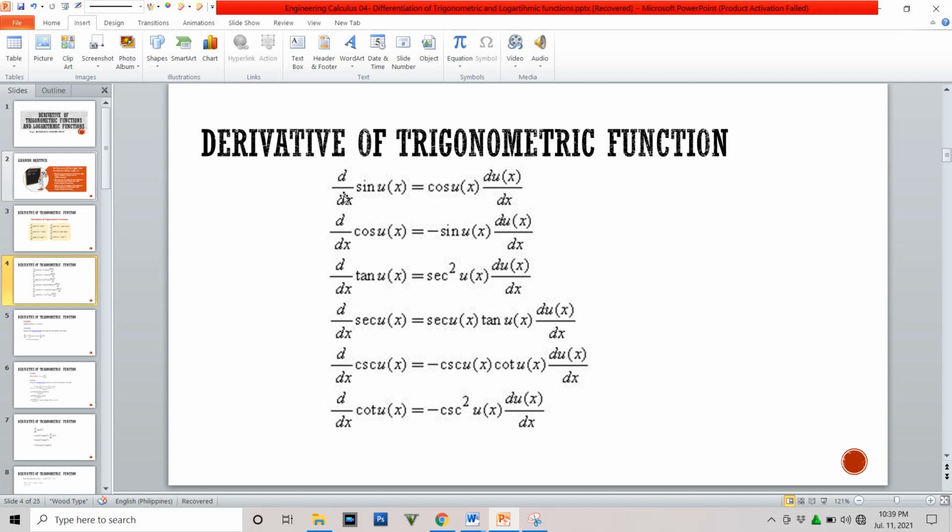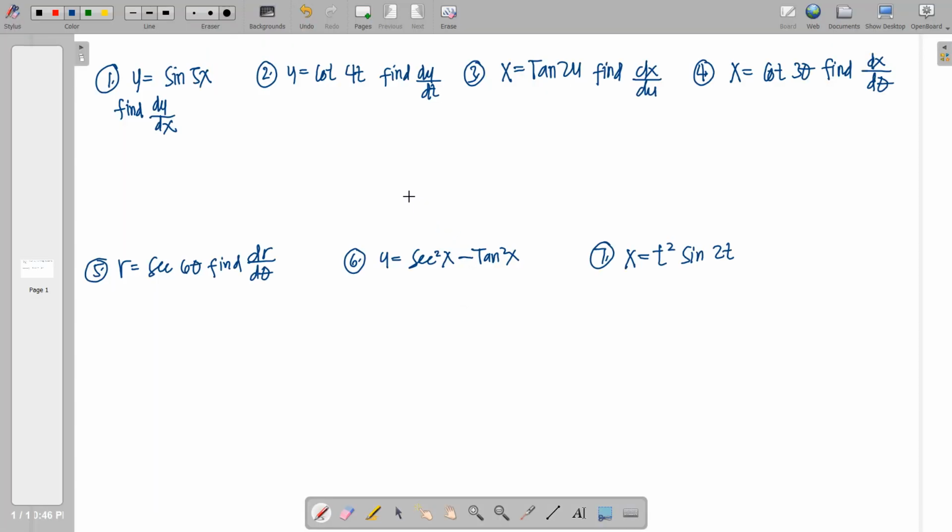So with that, without much ado, let us have examples. Okay, so here are some set of examples 1 to 7. For number 1, simply we have to derive y with respect to x. We're going to find dy over dx, and we should know the derivation of sine function. So yung derivation ng sine function is